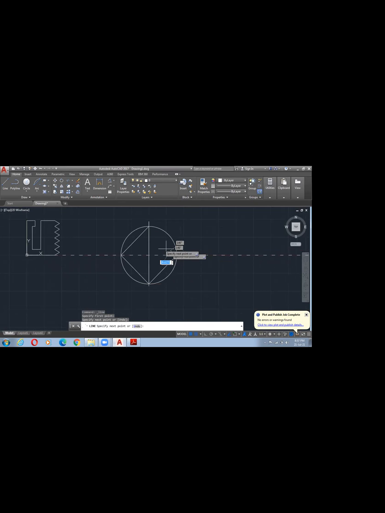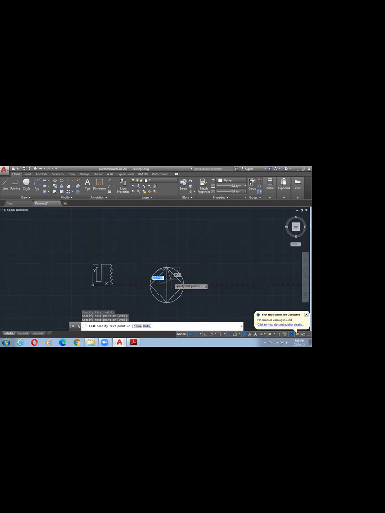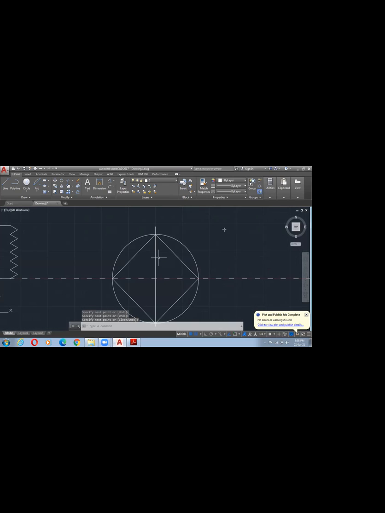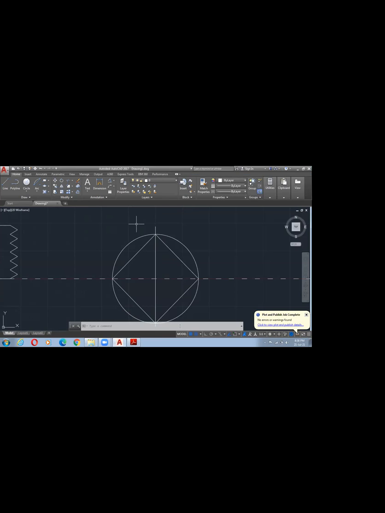And at last, final. Zoom in and select. And again, enter. Coming to the next step, provide the next dimension, radius 20, tan radius. Okay, for this radius 20: Circle, C, enter, tan radius, select this, tan, specify the radius 20, enter.